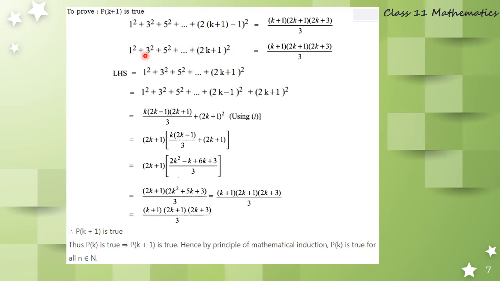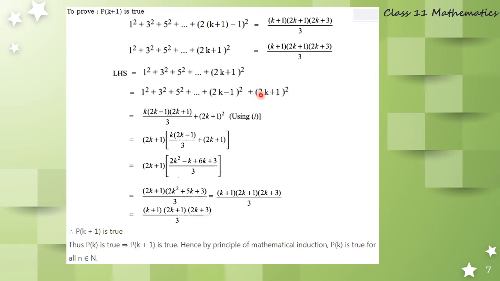Now consider this LHS. We want to show this RHS here. So take the LHS, 1 square plus 3 square plus 5 square etc. up to 2k plus 1 the whole square. This is 2k plus 1. What is the previous term? 2k plus 0, but that is even. Come to the previous one, 2k minus 1. Therefore this is added 2k minus 1 the whole square. So I consider the previous term of 2k plus 1, an odd number. 1 square plus 3 square plus 5 square up to 2k minus 1 the whole square, its value from equation number 1, k into 2k minus 1, 2k plus 1 by 3.